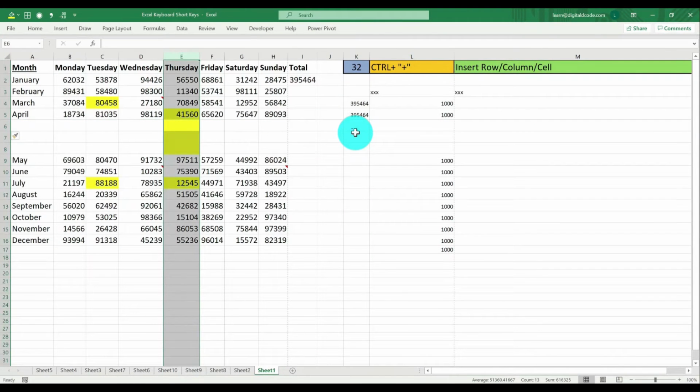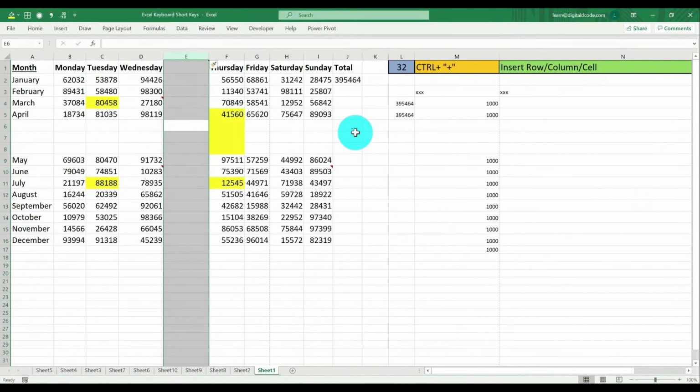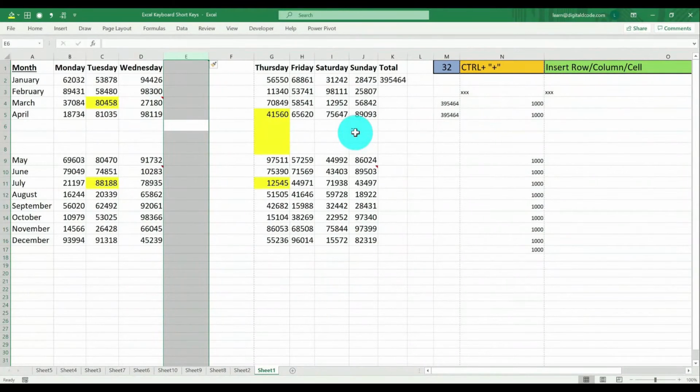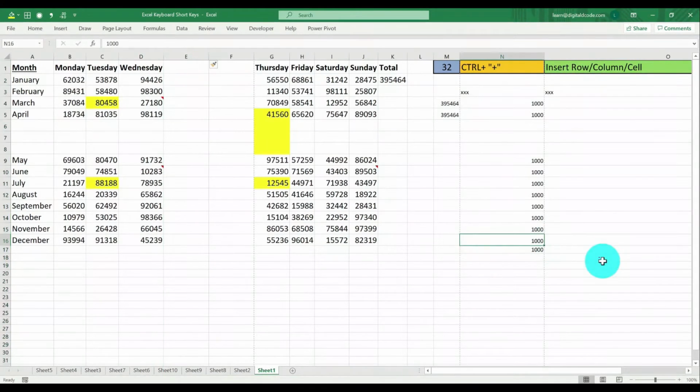Let me select the column, Control plus, so you can insert a column. Also, in case you want to insert a cell, I keep my cursor here, Control plus. In case I want to insert a cell here, I'll say shift cells down. I'm going to insert a cell. These two cells will be moved down.